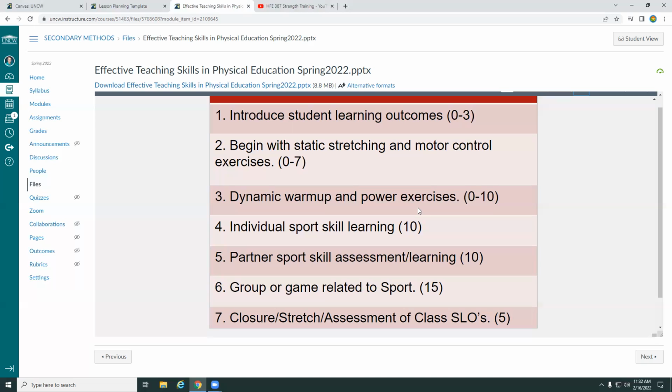Group game or game related to the sport. So if it was basketball, maybe it's just 2v2s or 3v3s using all the nets. We have 6 nets, so you can have 3v3 games. And then obviously before the game, you want to really review the rules. And that's why talking about the rules during individual sport learning is probably important. And then during partner sports skills, talking about offense, defense, you can do offense, defense strategies before you get into your game. So if you are teaching sport, use a progressive approach, not just, hey, let's just play basketball,